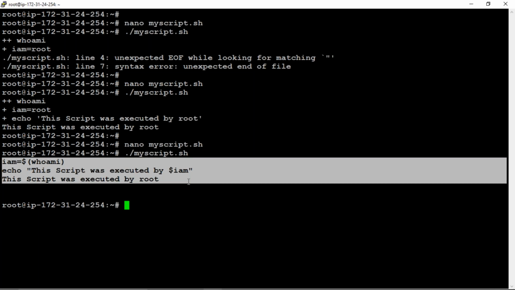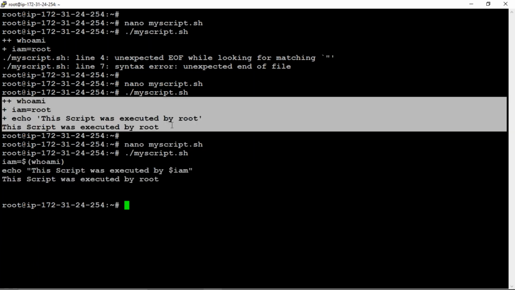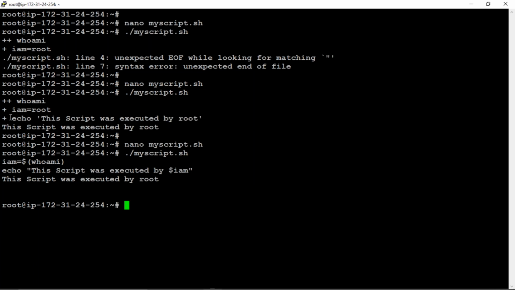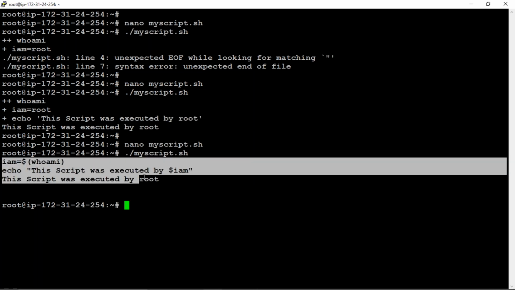So that -v is nothing but a verbose mode, which means, did you understand this one? By using -v also we are getting the output as it is.